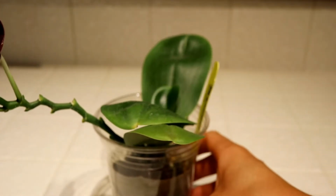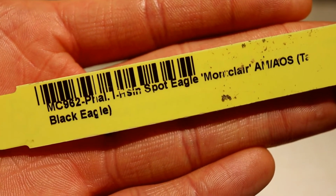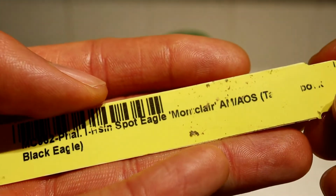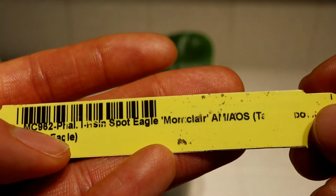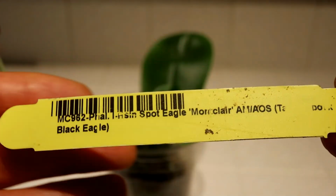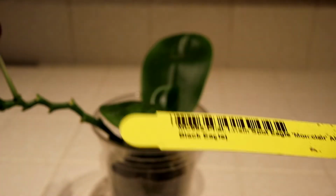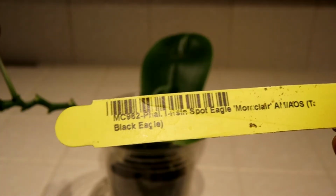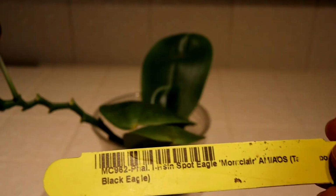So before we get into the rest of the flower, let me show you first the name tag right here. I-Hsin Spot Eagle Montclair, AMAOS, and this is, I cannot remember this one, but Black Eagle, and then there's another cross right here that's a complex Phalaenopsis hybrid. So this is a very complex Phalaenopsis due to these two parents being already complex hybrids. So I don't know if I'm going to be able to do any hybridizing with this particular orchid,